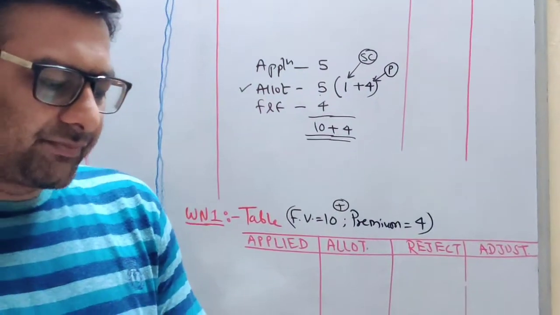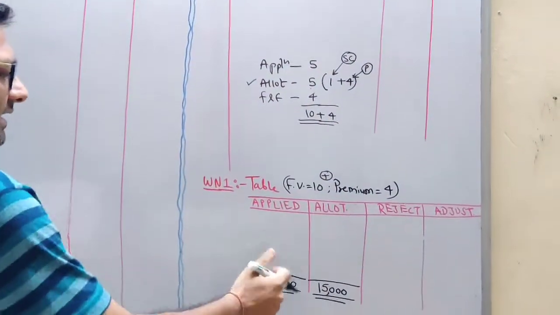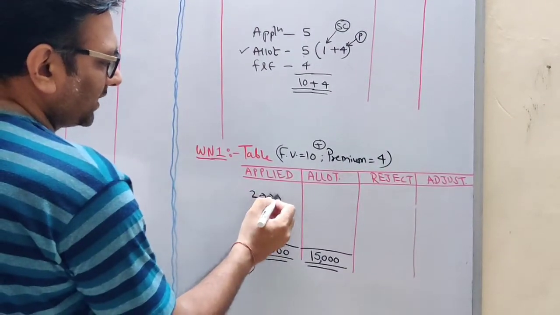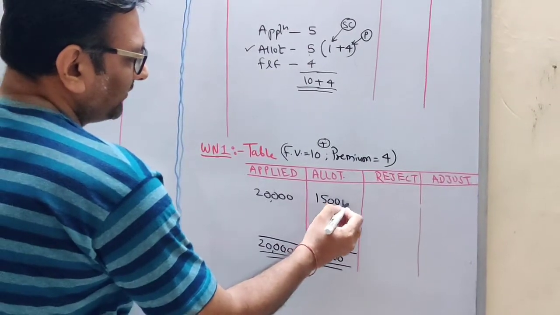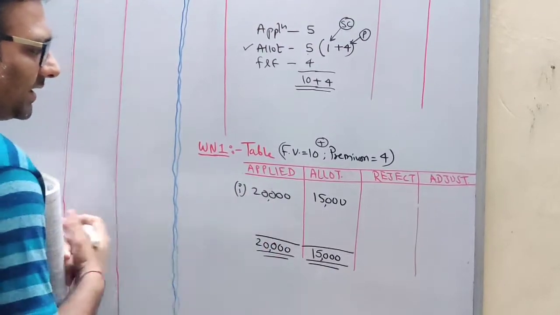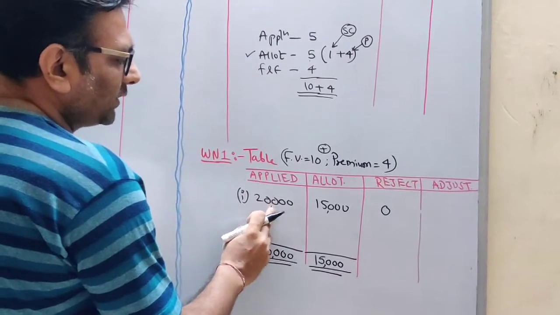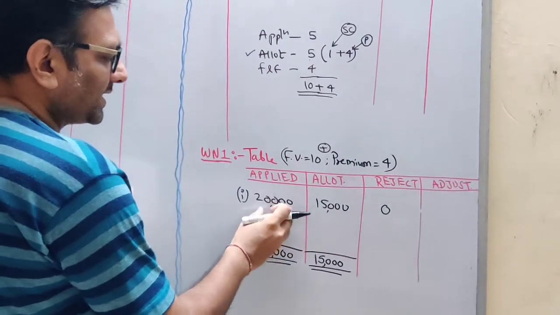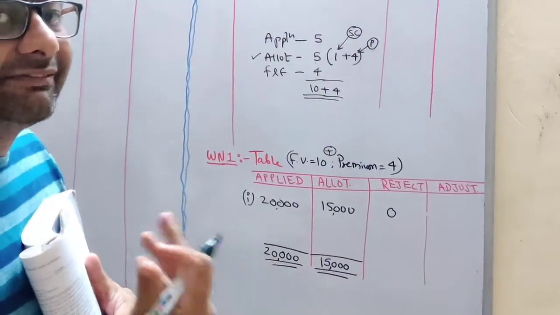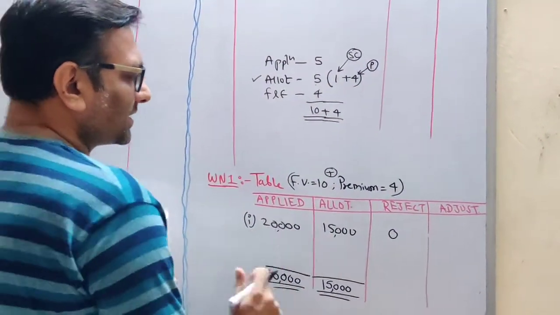Let's read the question. Allotment was made on pro rata basis to all. Okay, so the entire thing will be given as pro rata. So take it as a total only. 20,000 applied, we are going to allot 15,000. To all means this is the only category. There is no other category given in the sum. So there is no rejection. Why? Because pro rata is given to all applicants. If pro rata is given to all the applicants, there is no applicant whom we have rejected. So 0 rejection. Okay. How many shares to adjust here?